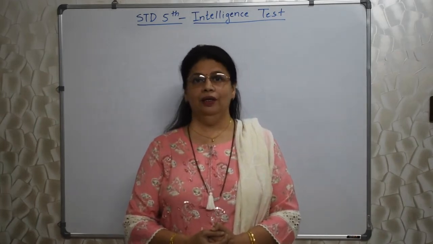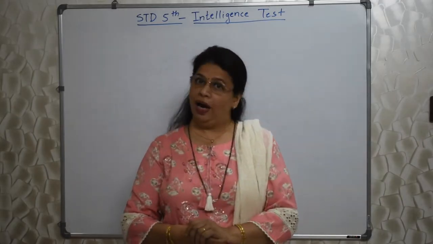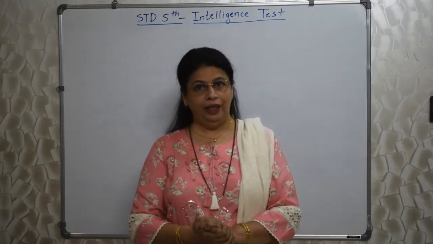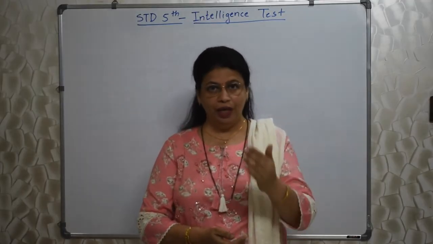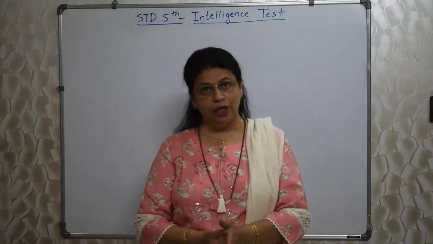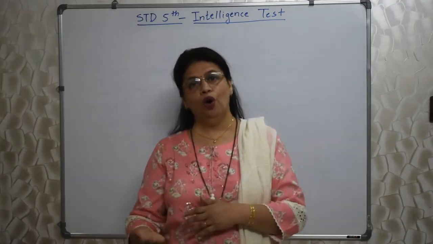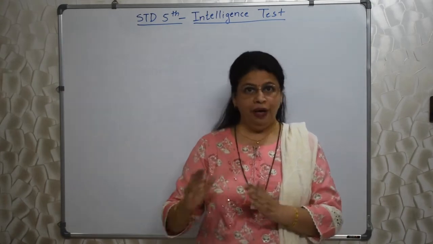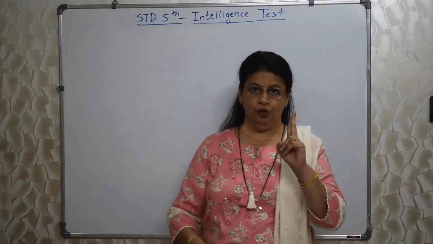Today I will be giving you certain tips, or it will be just a revision of IT section of 5th standard scholarship, right? See students, for IT you must know various types of numbers which I have told you earlier, but again I would like to repeat. Square numbers, prime numbers, cube numbers, composite numbers, co-prime numbers, triangular numbers, twin prime numbers, even numbers, odd numbers. You should know what are these numbers. Okay? I have made videos on everything. So you see those videos on types of numbers. There are 2 videos. Okay?